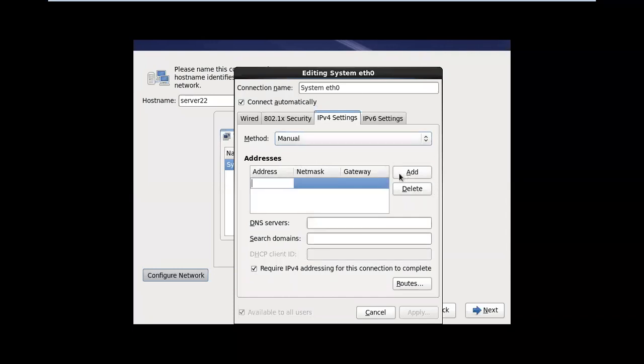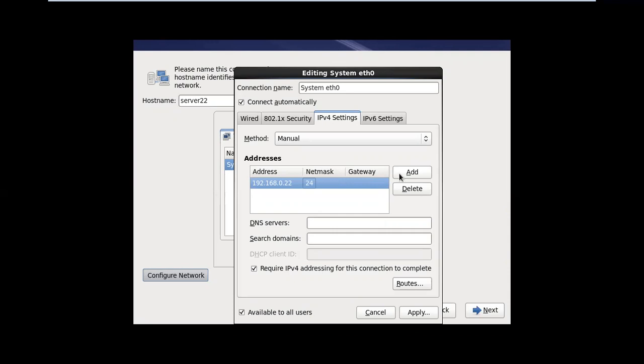Click on add, give the IP address. 192.168.0.22, enter. The default subnet mask is 24 bits for a C class IP address. This IP addressing system we are going to discuss in our networking classes.